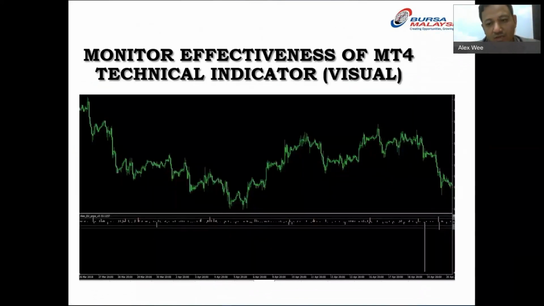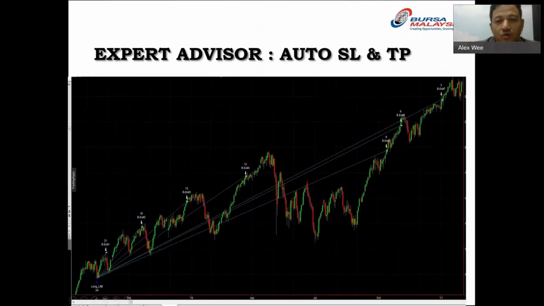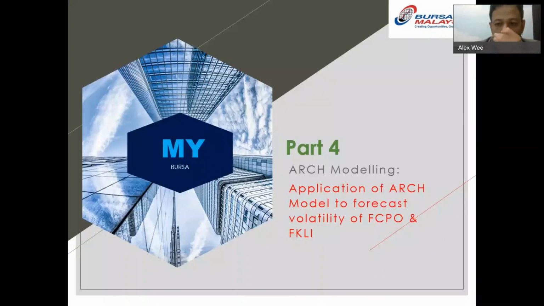So when you see everything is fine and then suddenly there is a big drop, it tells you there's a chance that FCPO might actually go down based on the movement of soya bean, soy oil, soya meal and all these things. Once it drops, you can see that the price of what you want to trade might actually follow. And all these things can be automated.